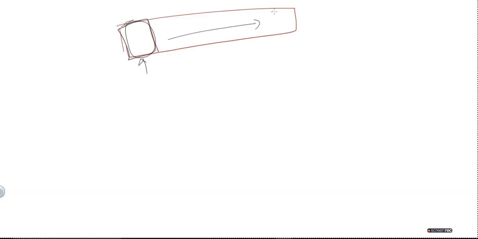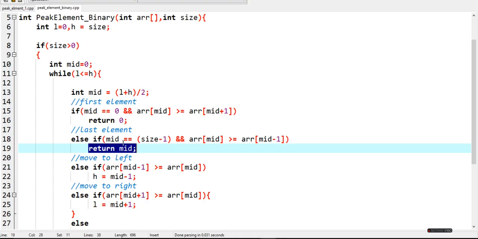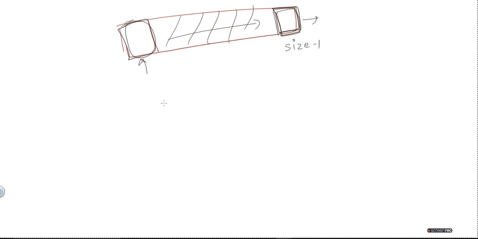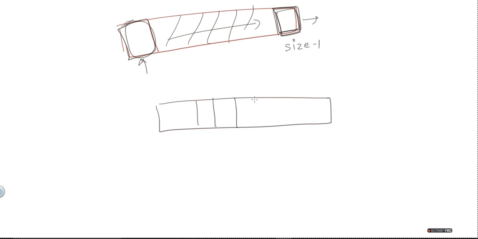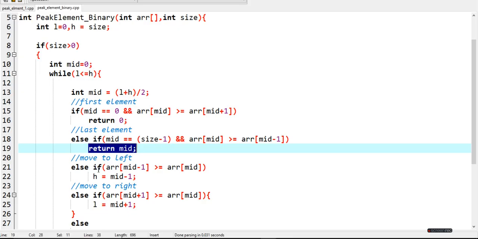If this is not the case, then I will check the last index value, which is basically size minus 1. If this is the peak element, then I will return the index of this value. We don't need to consider all the other elements in the middle, right? And if neither of the two elements is a peak element, then we need to discover the middle peak elements one by one.